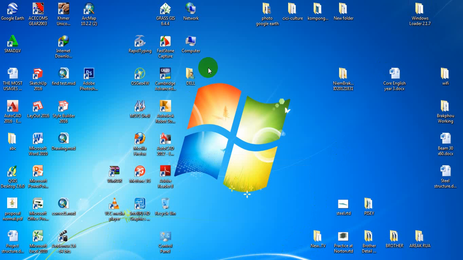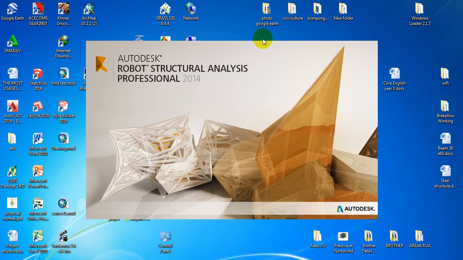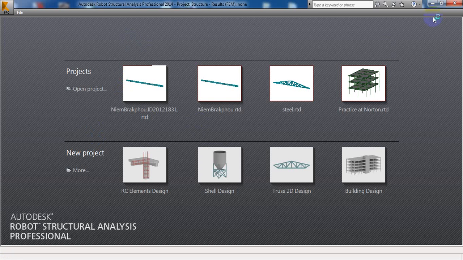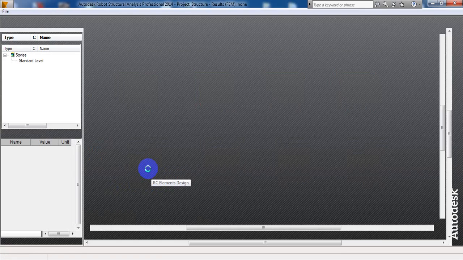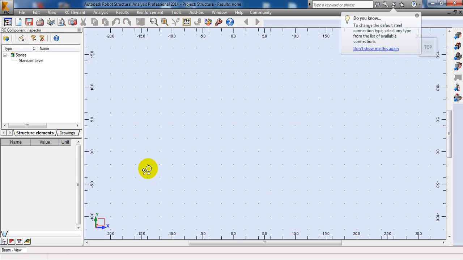Yes, and before we start, we move to the program that we use, the Robot program. When we open it, we will see a template such as shell design, truss 2D design or building design. But I recommend you to choose RC element design for calculating column design,